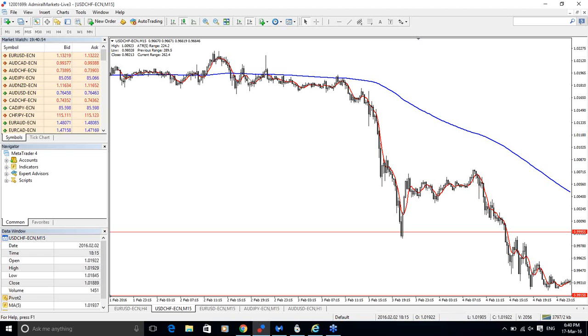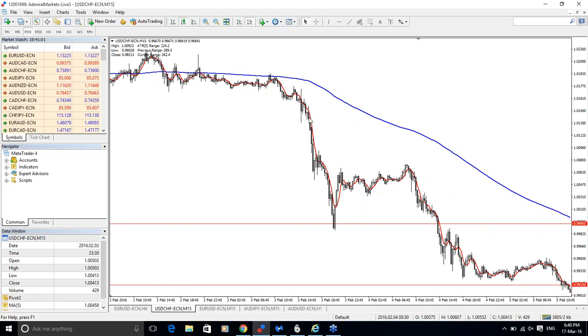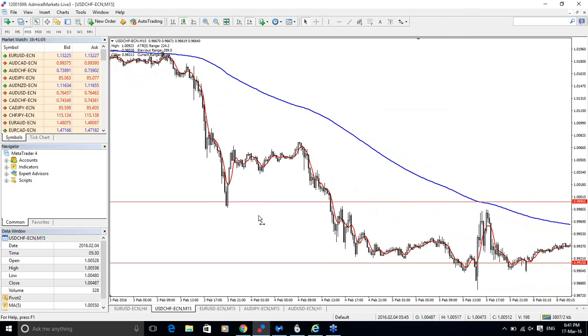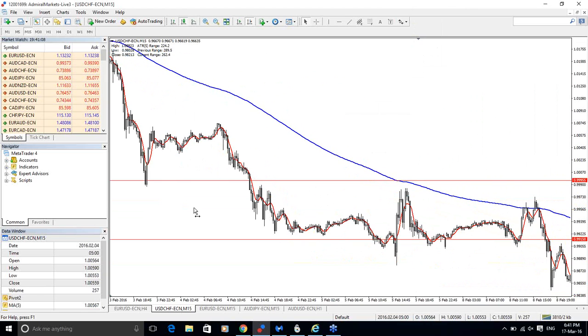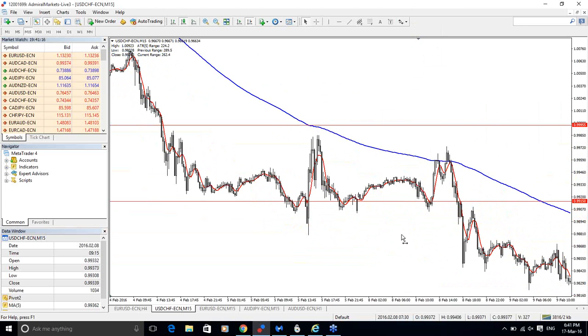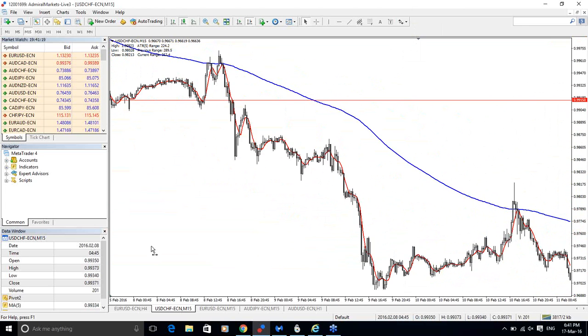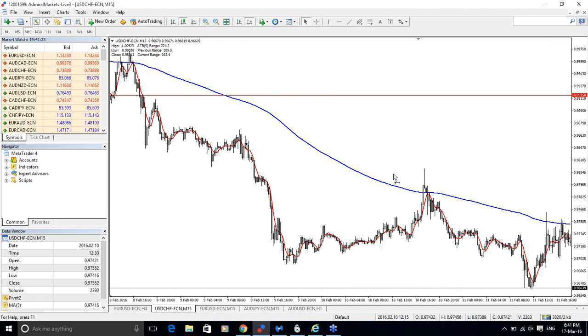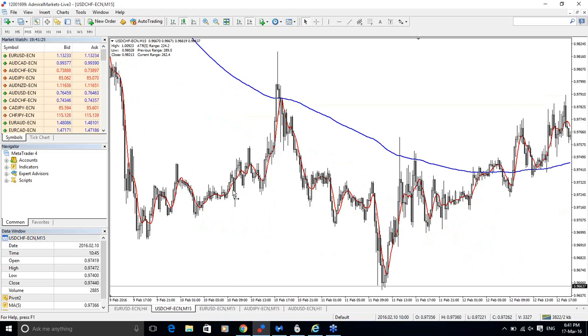For example, look at this. Here there was a great EMA cross, there was no cross in the opposite direction, and the price soon fell for a huge amount of pips. Look at this example. It can be huge when there is a strong trend. Look, huge. Even here we have an additional cross. When the EMA crosses up, then crosses below, we have an additional cross. And here, look at this. When there is a strong trend, another entry here. So when there is a strong trend, this can be very, very powerful.